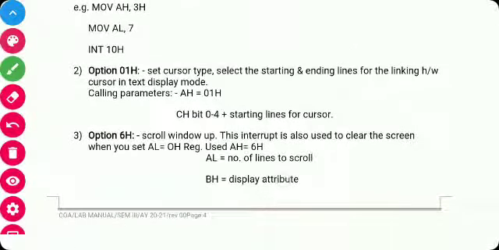Next is function 01H of INT 10H, which is used to set the cursor type. It selects the starting and ending lines for the blinking hardware cursor. Next is 06H, which is used to scroll the window up.